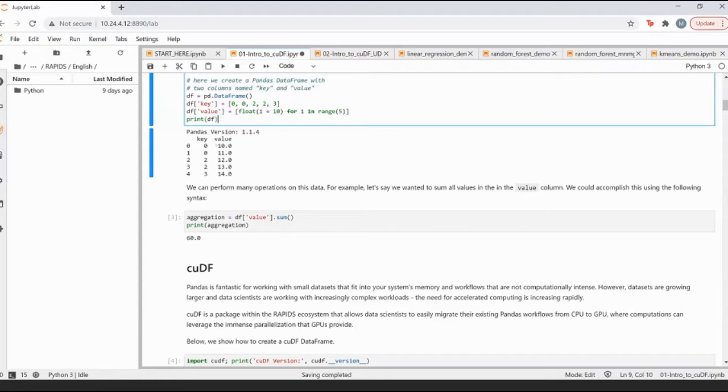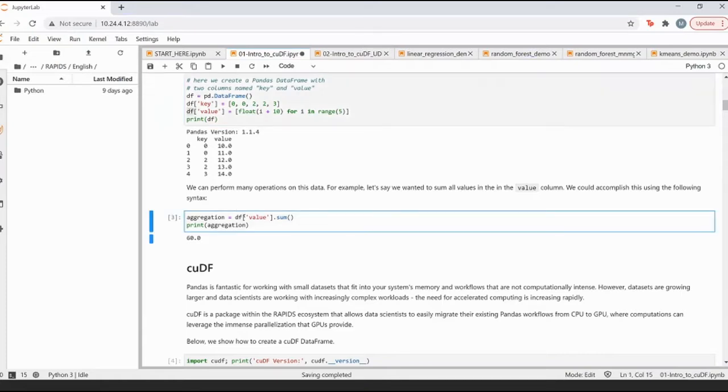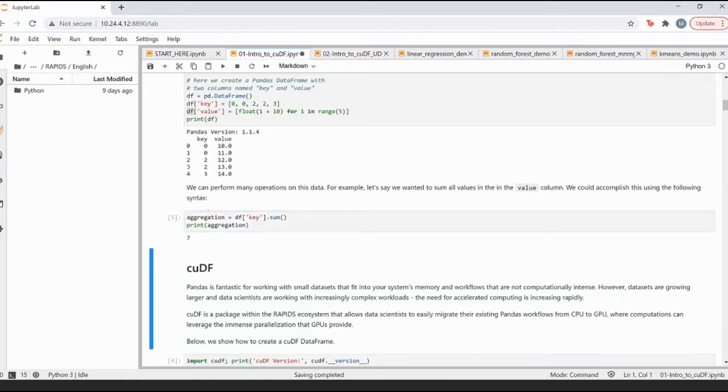For example, if I want to find the sum of all the values here, I'll select the data frame, which is df, mention the column, and then call the function sum. It adds all of these values from index 0, 1, 2, 3, and 4, and you can see it gives me an output value of 60. Similarly, I can also do this for key, and as you can see here, my output has changed to 7.